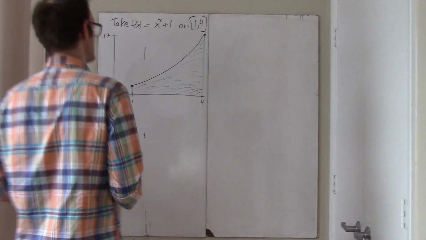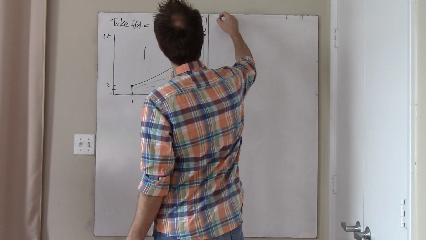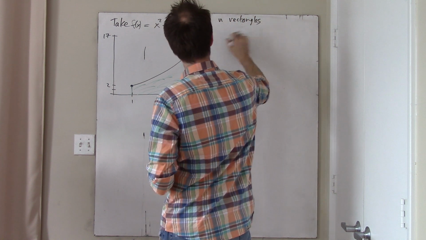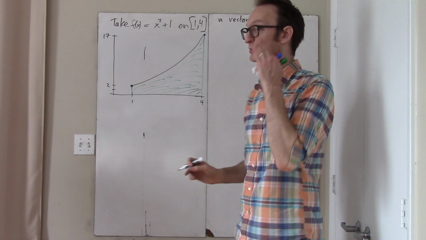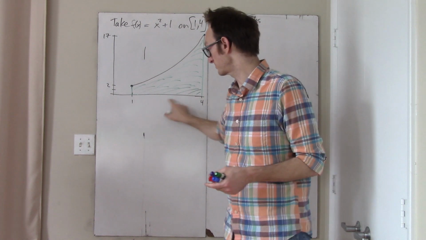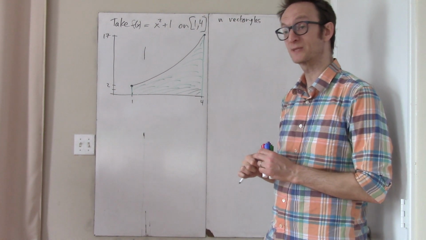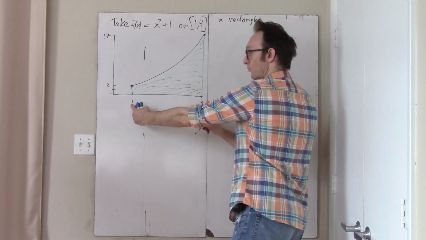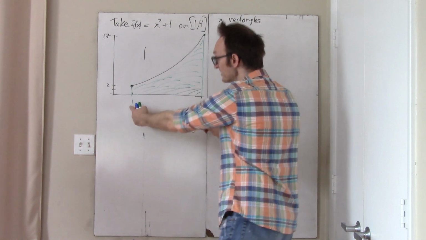How are we going to do this? Well, we're going to do it just like before. We are going to use n rectangles. And if we are going to use n rectangles, then that's just another way of saying I'm going to use n subintervals. There are going to be n different pieces. If I want to split it up evenly, then I have to consider the total width of the interval. Well, the total width of the interval is 3, in this case,